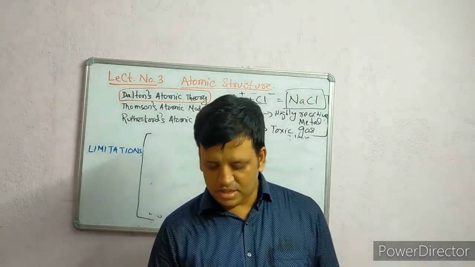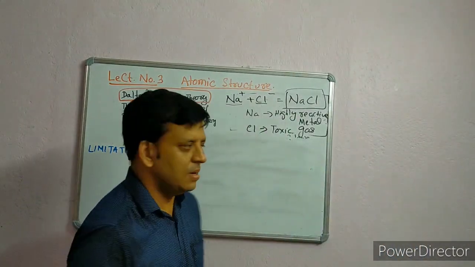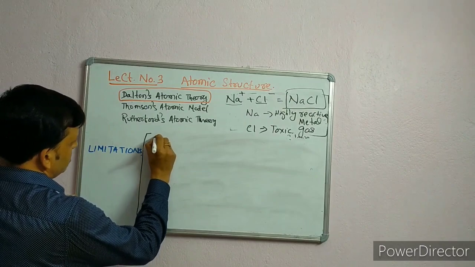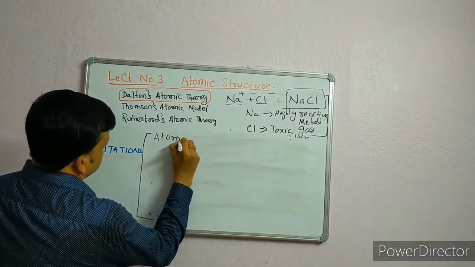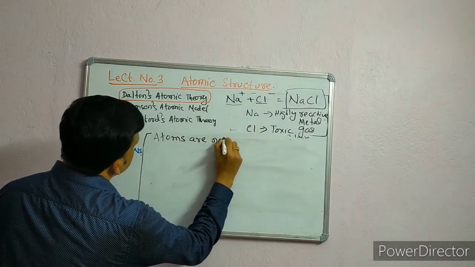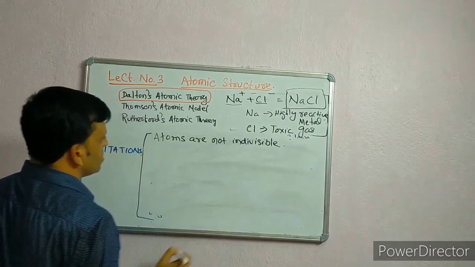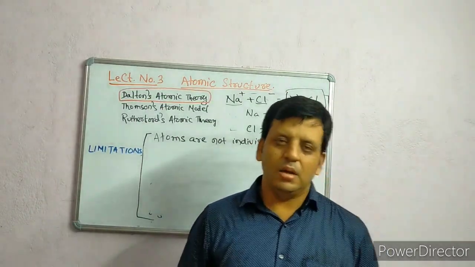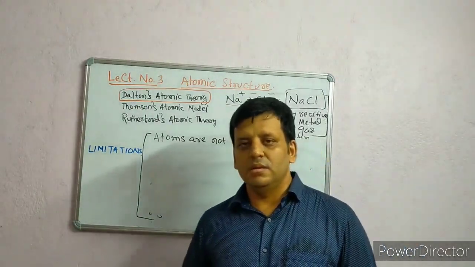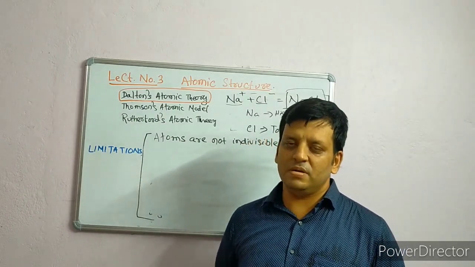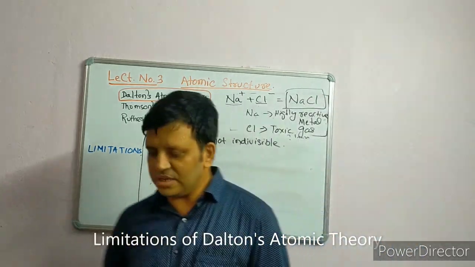He hypothesized that atoms are indivisible, but the modern atomic theory says atoms are not indivisible, because we know that atoms consist of neutrons, protons and electrons. The second one is that